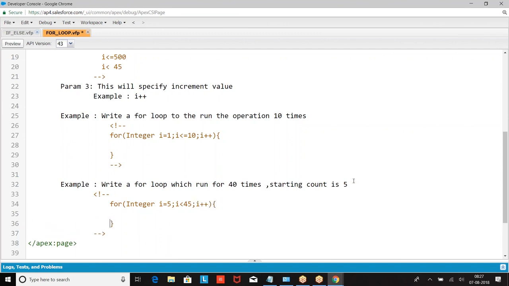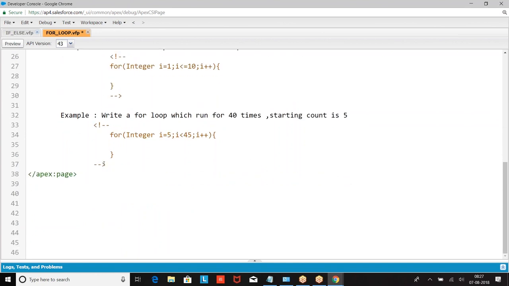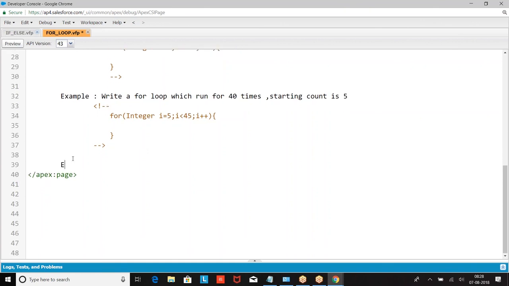We are starting from 5, so once it reaches 44, it has run 40 times. Right? So we are writing a for loop with an initial value, termination condition, and increment. Initial, termination, increment.